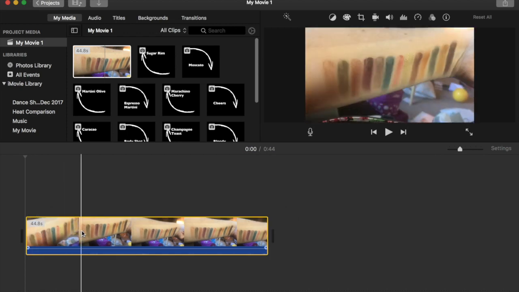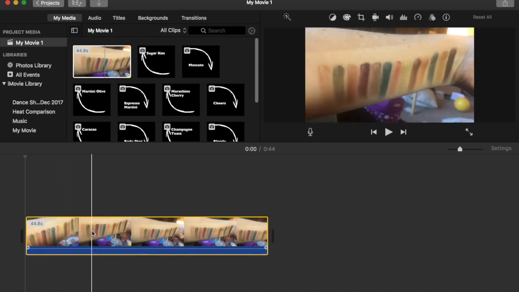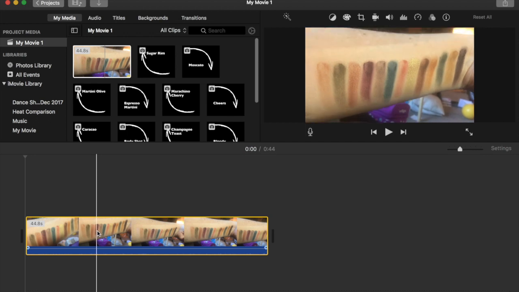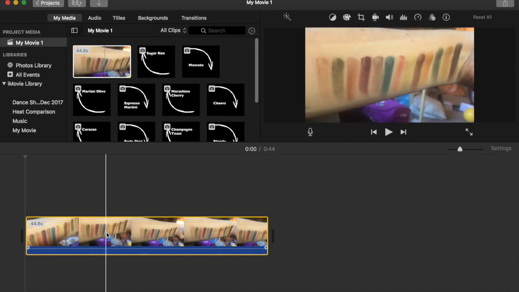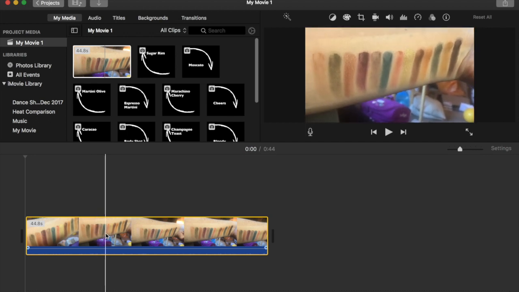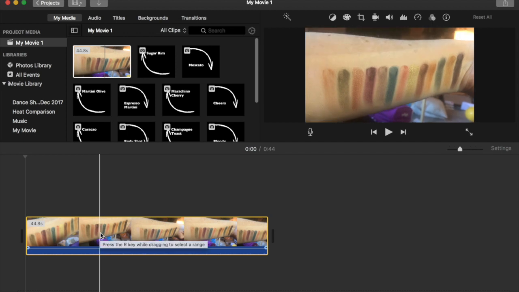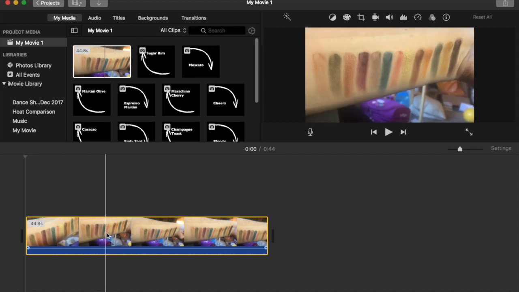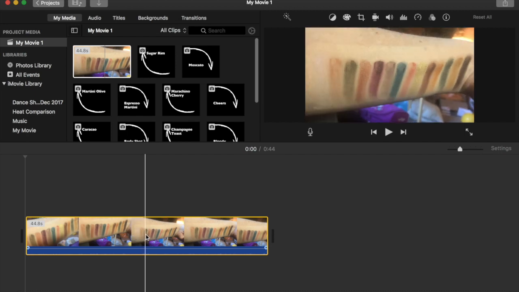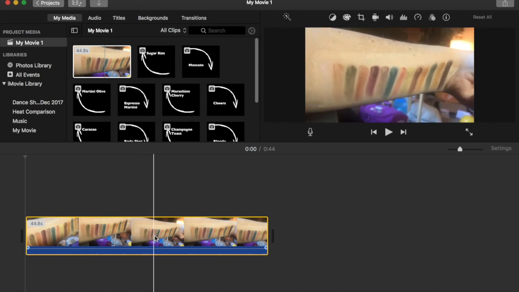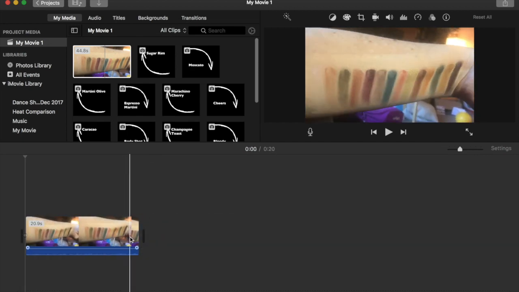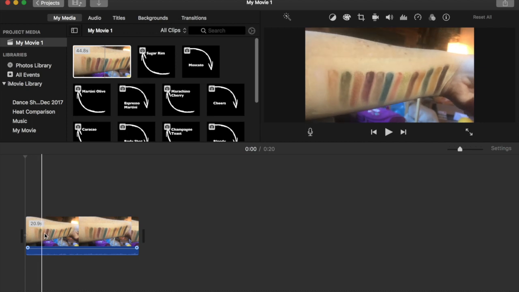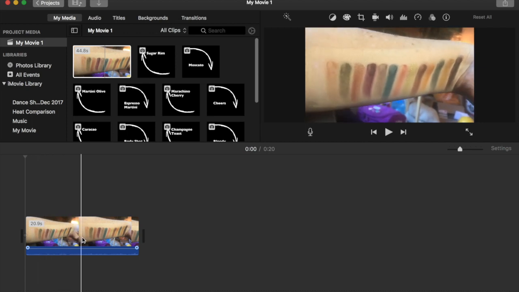So we bring in the video and we find the best bit of the clip where I capture the best shot of the colours. And there we go, that gets me the lightest part of the arm. So clip it there, remove the first bit, then we're going to find the end bit.